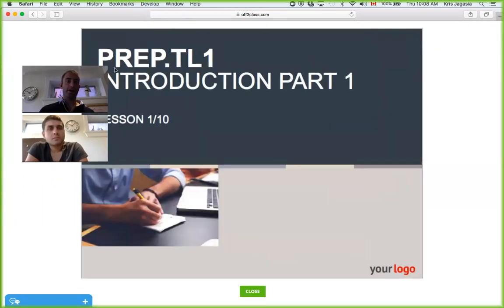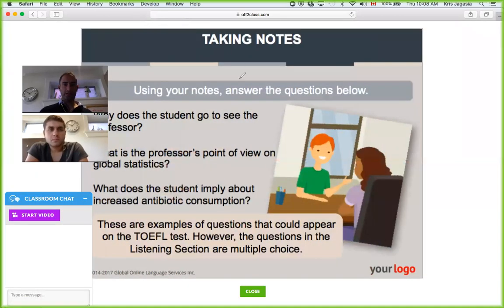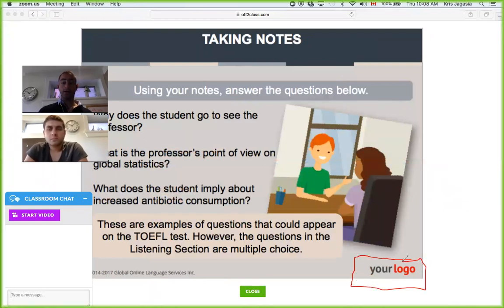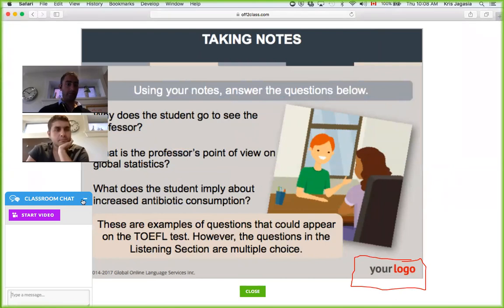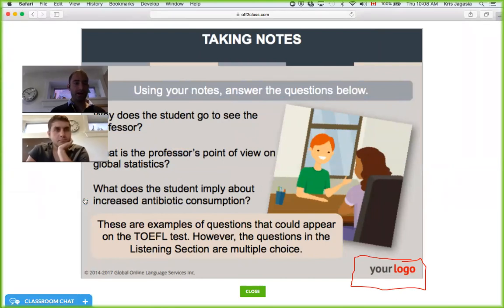And likewise, on the student side of Off to Class, you can see that my logo is present. The other big upgrade for the business setup that I should probably mention is that, as many of you know,